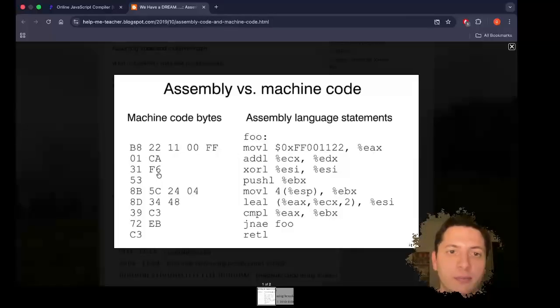In order for us to be able to create programs, they had to create an assembly language that is human readable, and it could be converted to machine code, and it is converted into machine code. So what we're looking at here is called assembly language, which is also a little bit more difficult to read. So there are actually higher level languages like JavaScript and Java and C++ and C and all those.